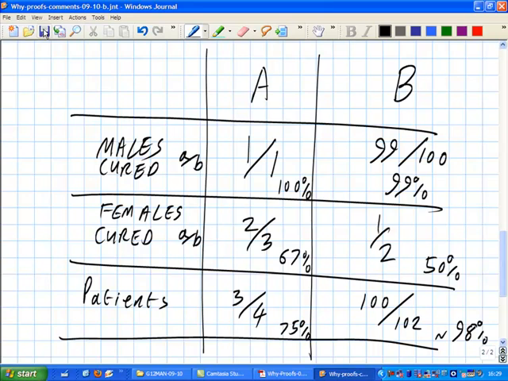So B's done better on the overall patient percentage. A did better on both the males cured and the females cured. So it just goes to show that you can always lie with statistics. But actually, I have no idea